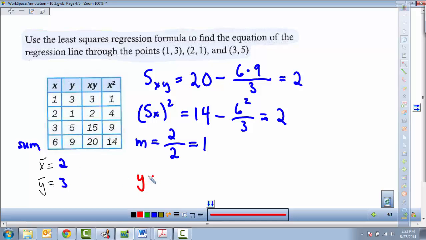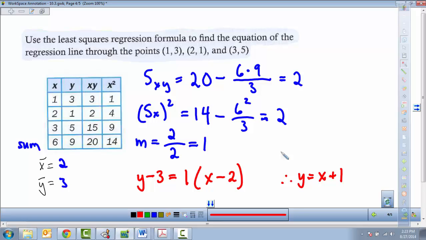y minus y bar, 3, equals 1 times x minus x bar, which was 2. And rearranging this, we get in slope-intercept form, y equals x plus 1. A little bit involved. The calculations aren't too bad once you have this table made, but you might be going, well,